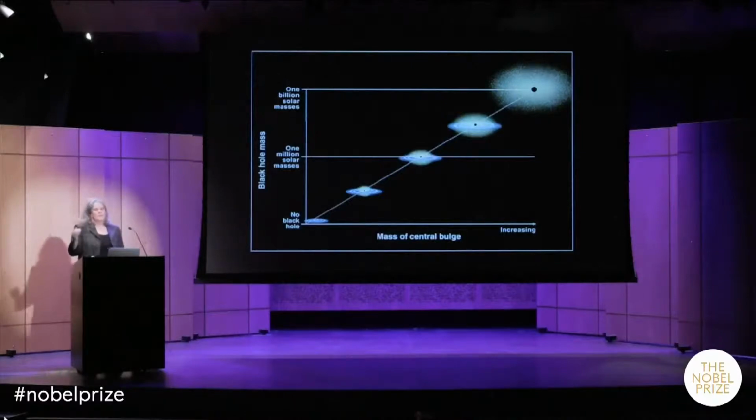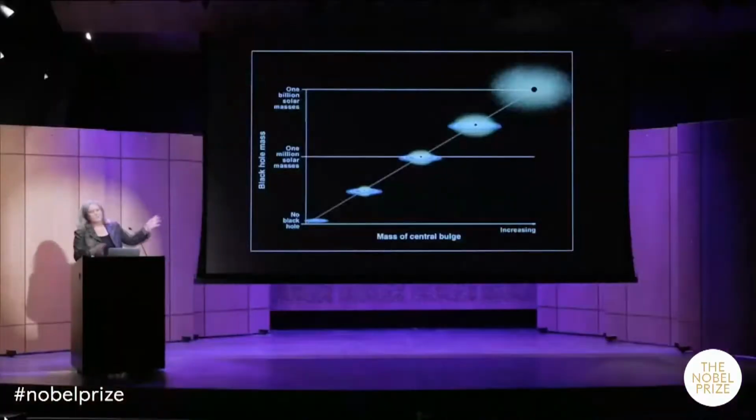When the work was first being announced in these various stages, the thinking about this question was very different. It was really the chicken or the egg. Which came first, the galaxy or the black hole? So this is like the chicken or the egg problem. And in fact, we had ideas for how to get either one of these scenarios to work.